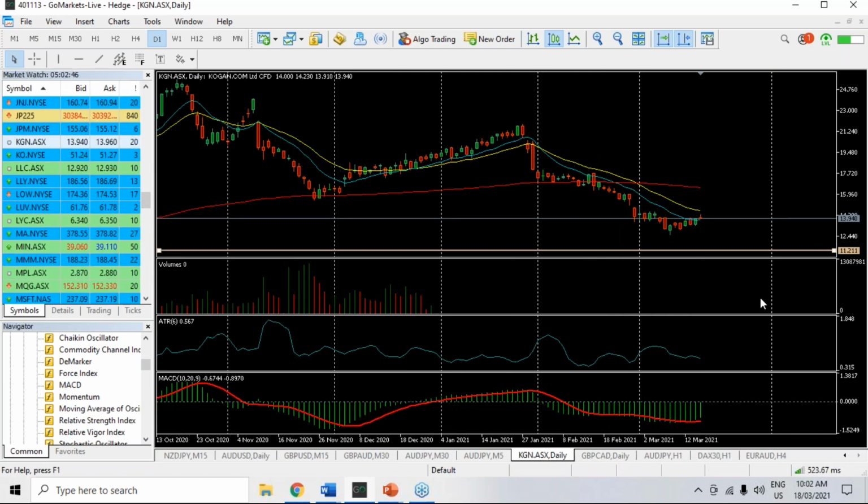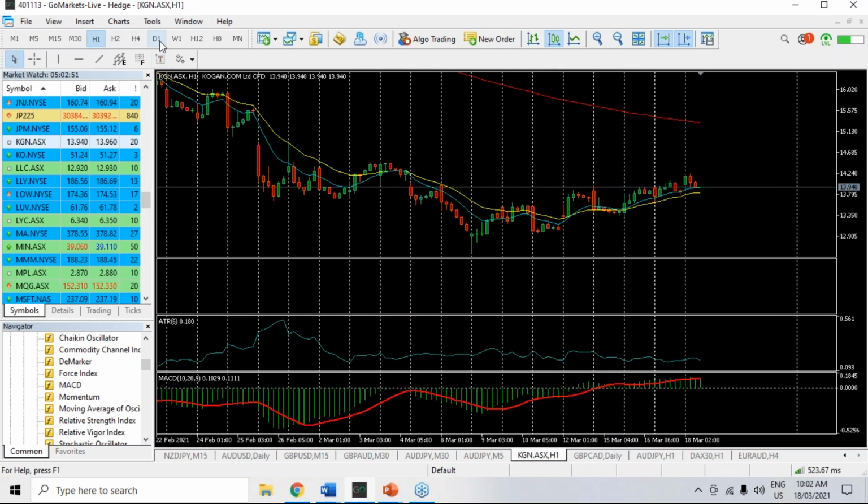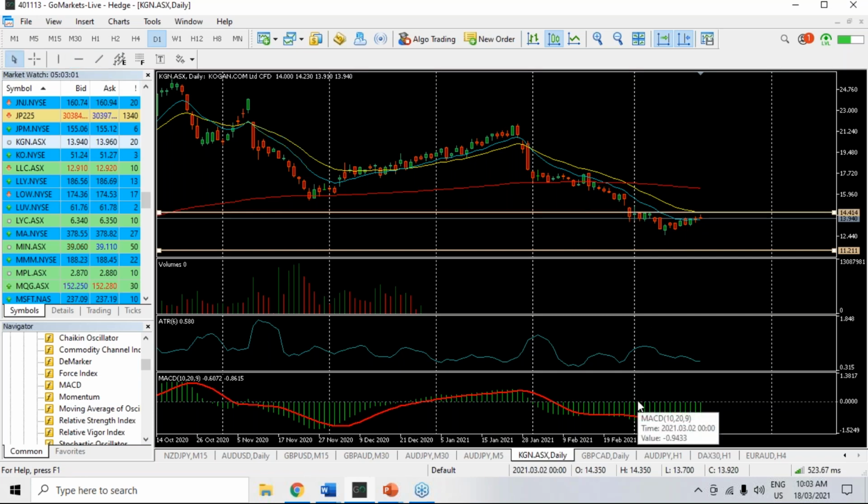So we'll look at Kogan first of all. This appears to have a little bit of a rounded bottom type of shape going on, possibly a little premature on this. We'd like to see it at least close above those highs there at 1441, and I'll really be profit targeting that 200 MA there.